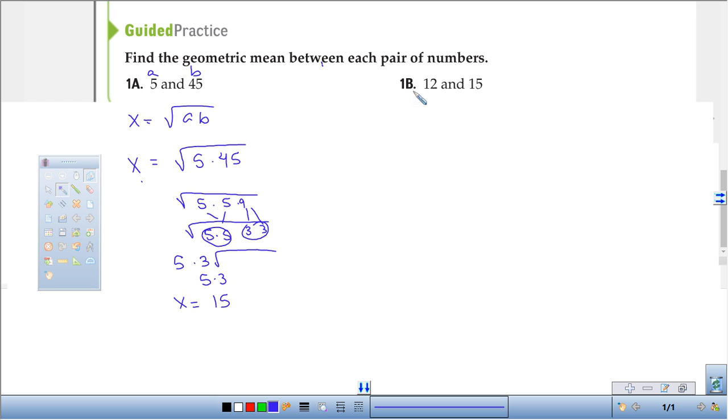Okay, so let's look at number 1B. We're going to go this one as an A and this one as a B. So we want the square root. We want x, the geometric mean, which is equal to the A times the B, and then get the square root. So I'm just going to go ahead and start throwing that in there. What I see is that these both have a factor of 3. They're both divisible by 3. So I'm going to break this one down as,